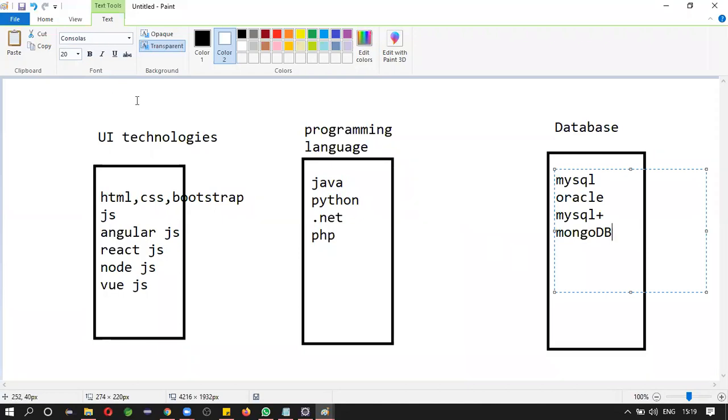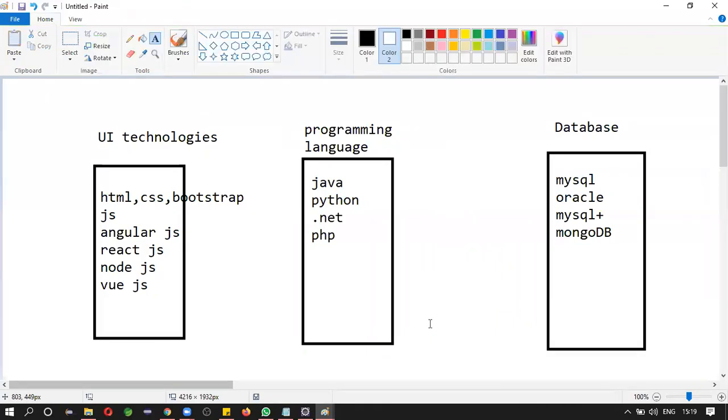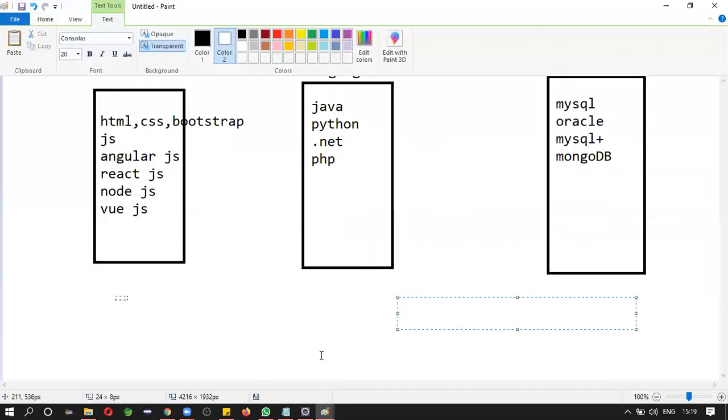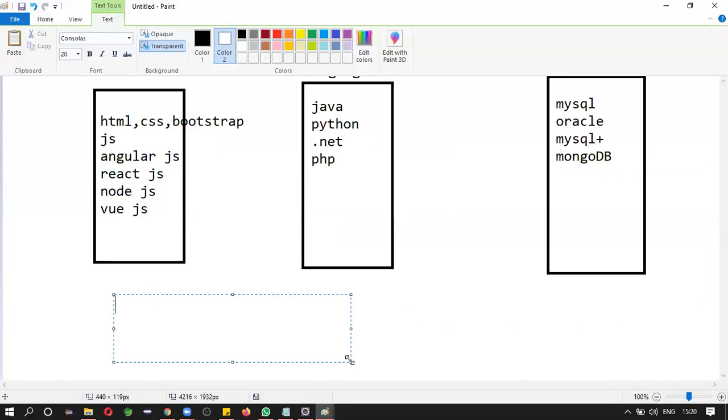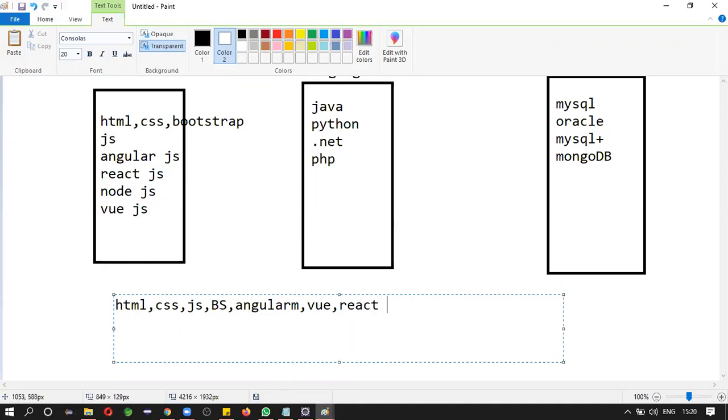Okay, if you know all these technologies, then we can say that HTML, CSS, JS, Bootstrap, Angular, Vue, React is equals to front-end developer.